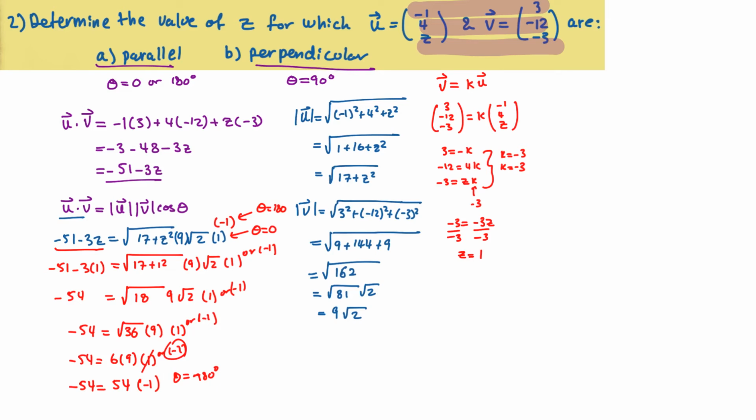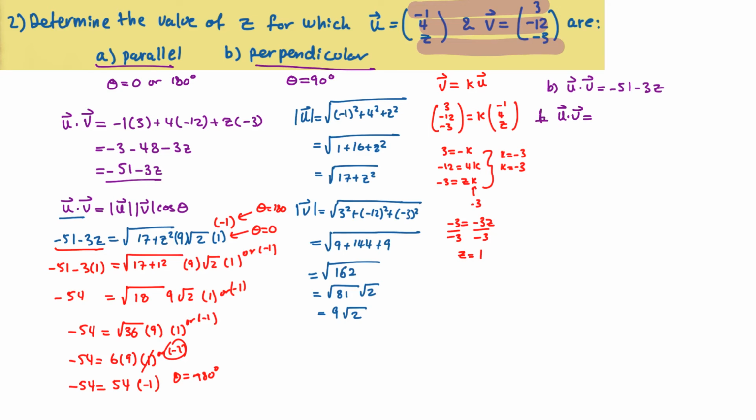When vectors are perpendicular, it's a lot easier to use the dot product. So we already know what the dot product of the two vectors is. For part B, we know that u dot v is equal to -51 minus 3z. That doesn't change, that's the expression we got here. But for the second part, we know that if the angle between them is 90 degrees, then